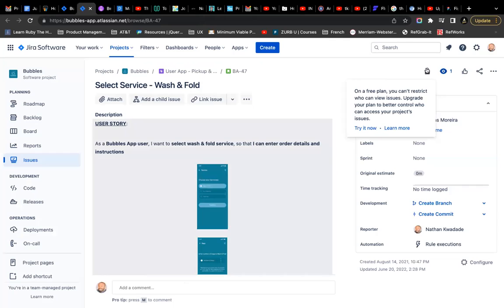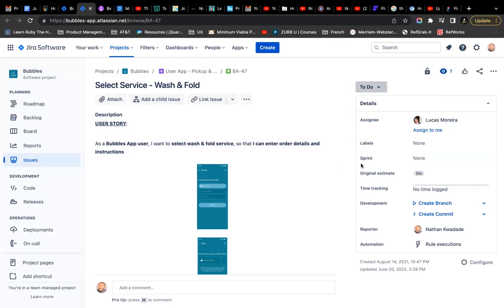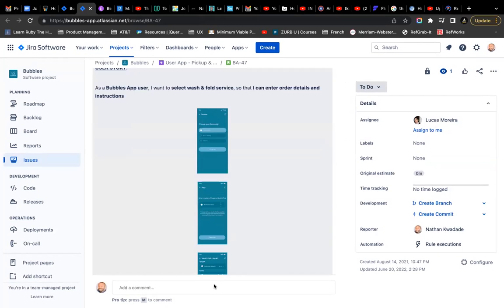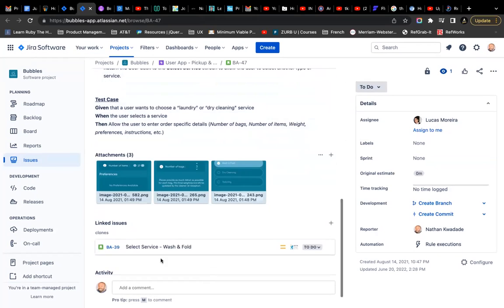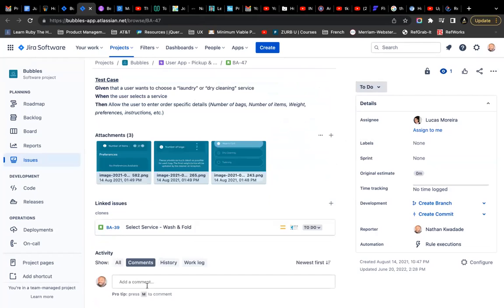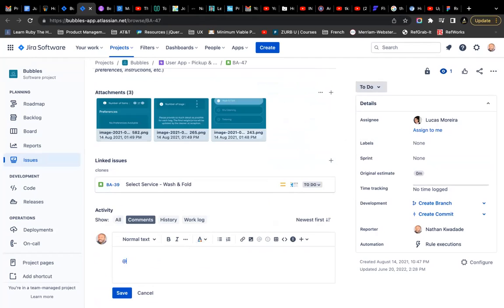So while that's loading, we can move back here. So for example, here I can write comments. While that's loading, I just want to show you something real quick. I can click this to write into this, or I can just type M. That opens it up, and I can say, I'm writing a message to Lucas. Hey, we've not heard from you in a long time concerning this project.